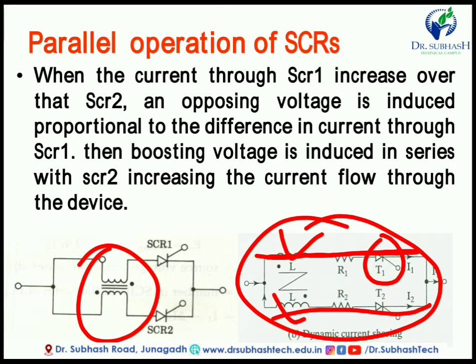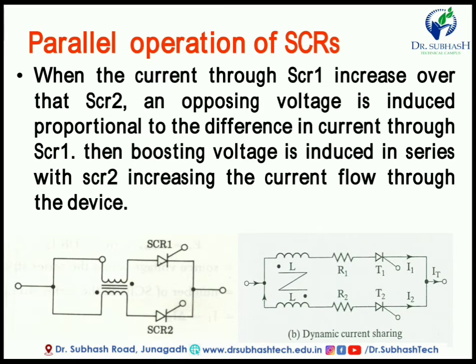So this type of connection is used for high power applications or high ampere capacity networks. If our current requirement is very high, then we have to connect a number of SCRs in parallel, so we can easily control the current. But here you have to remember to give the same number of pulses and the same gate current to both SCRs. If the number of SCRs increases, you have to give the gate pulse at the same time to all the SCRs.